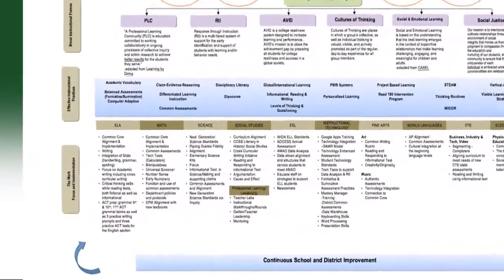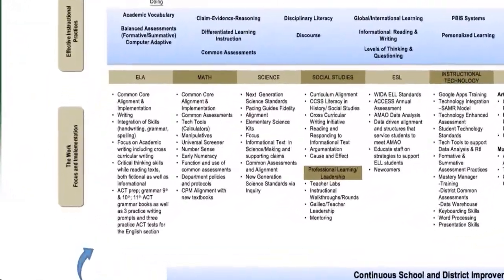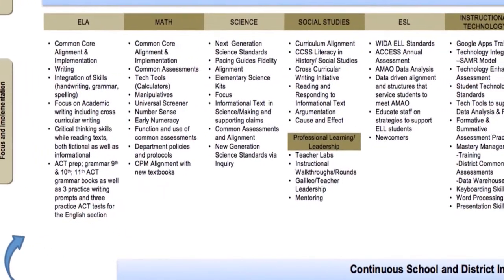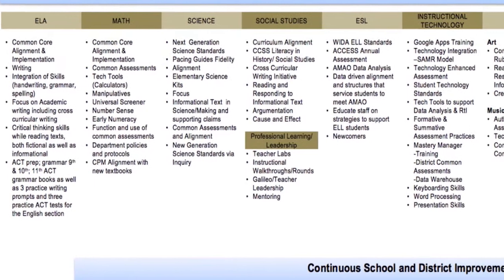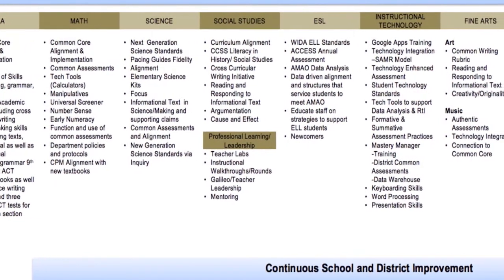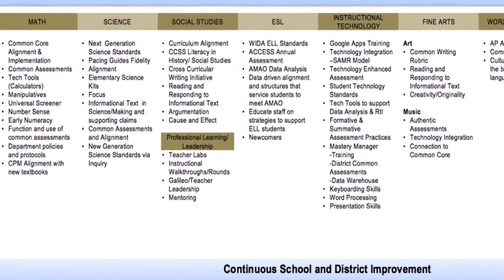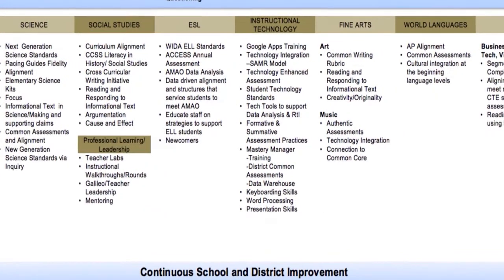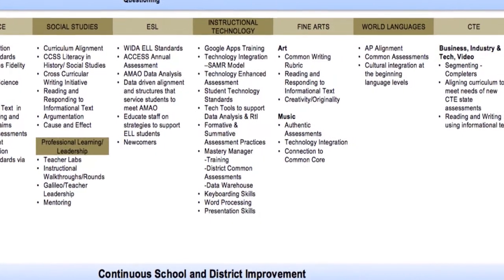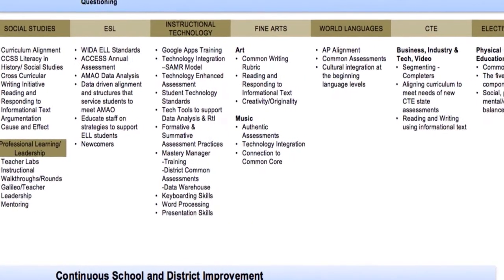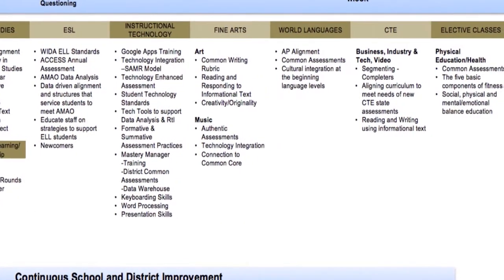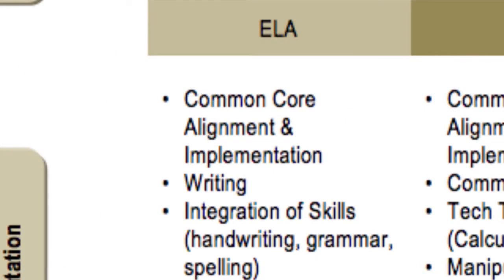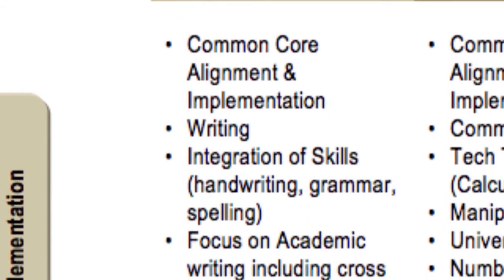If you move to the next section of the document, it is the work, the focus, and implementation. This last section certainly isn't a complete list, but it is a list where we're doing the work in terms of committees that are active or PLCs that are active. These are the things that we're working on for the remainder of this year and as we move into the next school year. If we look at ELA, for example, we know that much of our work has focused